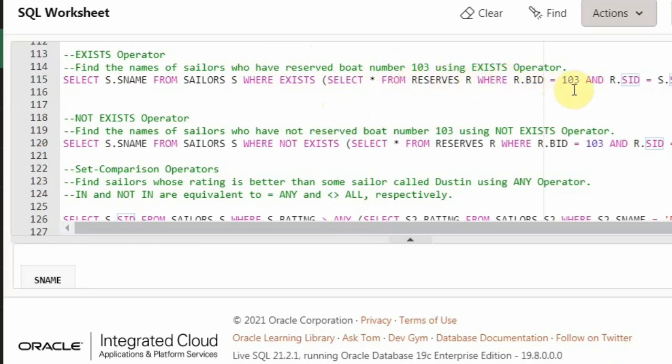It will check each and every tuple of sailors against the reserves table. Both the tables will be compared, so you need to have both the tables together. Let me show you this.